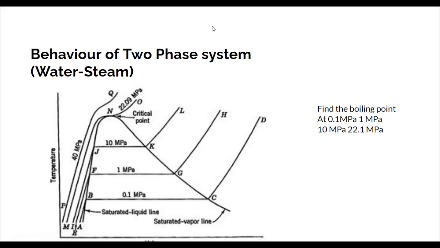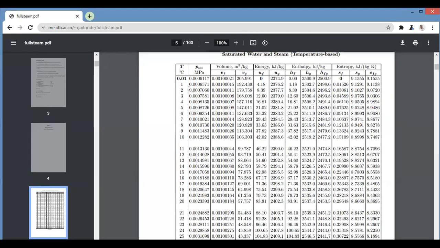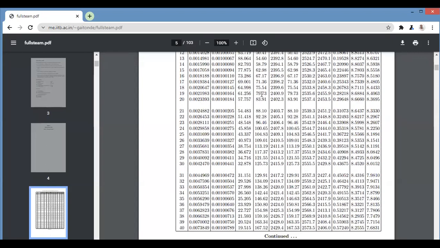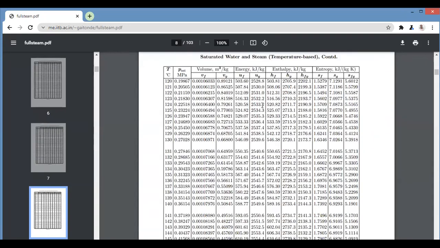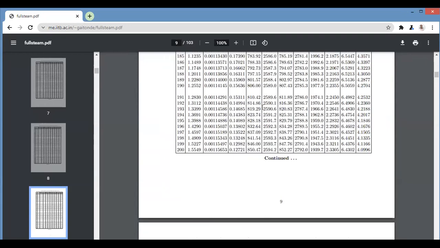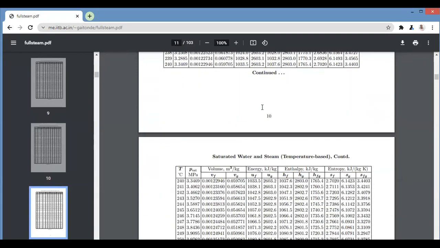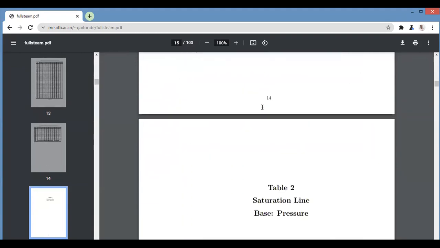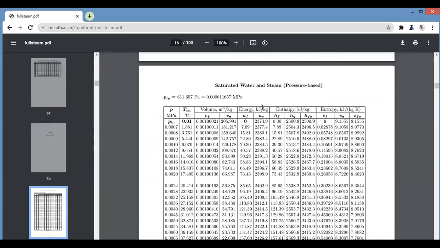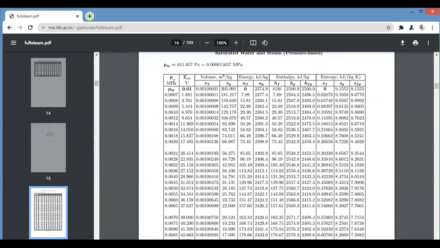So let us use another screen wherein I show the steam tables. Okay. So for example, this is the temperature based steam table, and you would also find that there is a pressure based steam table. Now I would go for the pressure based steam table first. These are the temperature based steam tables. Okay, this is a pressure based steam table. So what you find over here is in the first column there is pressure, and the second column there is a saturation temperature or boiling point.